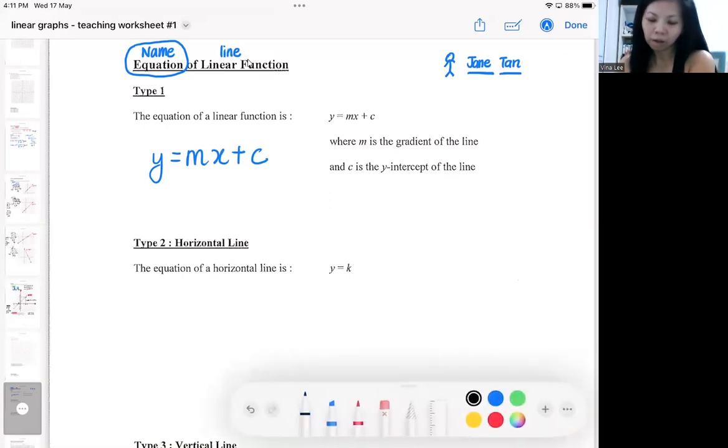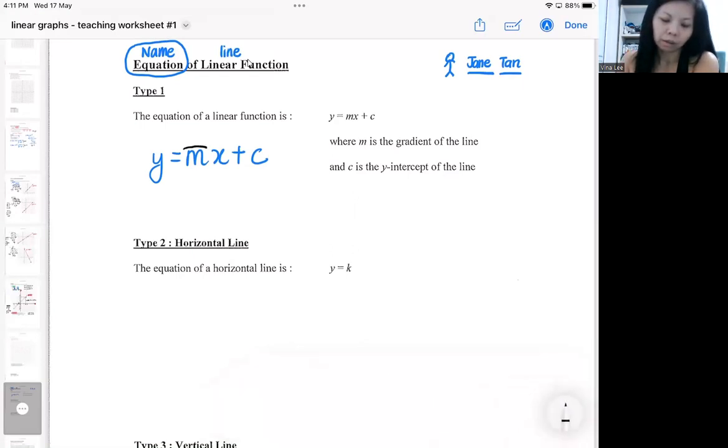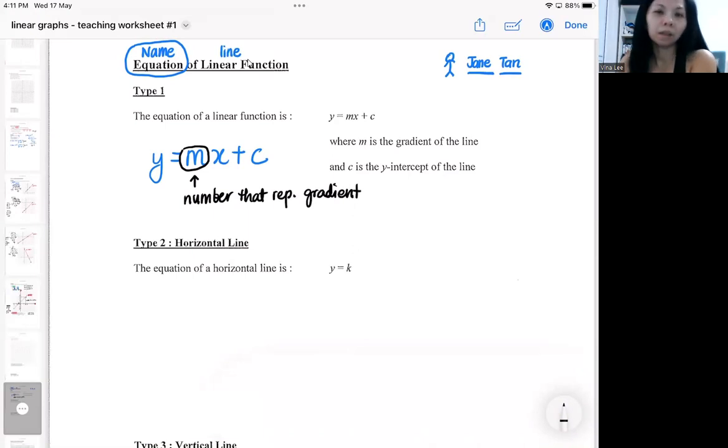And every line will have a different name. How are they different? The number here is different. This is a number that represents gradient. So this number will represent gradient. And what exactly is gradient? Gradient is like how steep